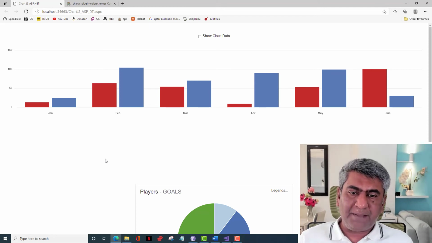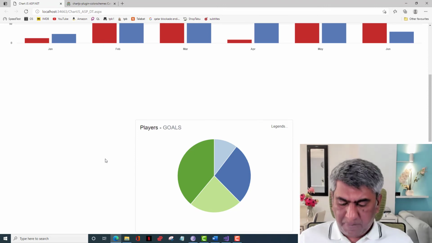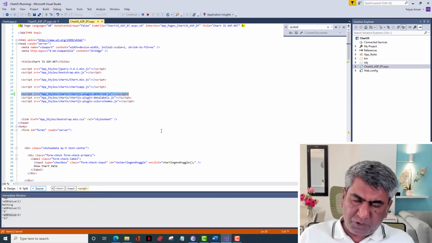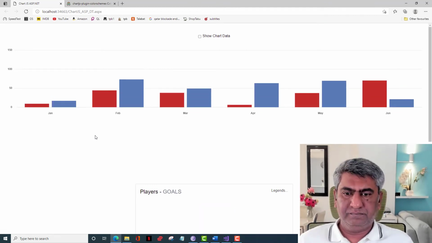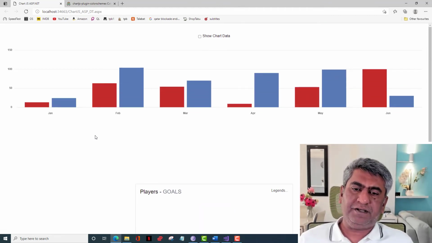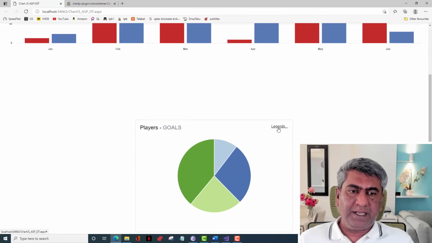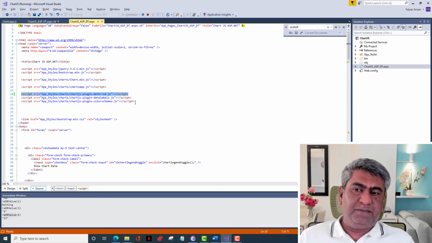The animation should happen when at least 50% of the chart comes into the view area. To do that, we need this plugin. Now let's see what the difference is after putting the plugin. The pie chart is not there, but when I scroll slowly down, it will come. And that's it about the deferred plugin.